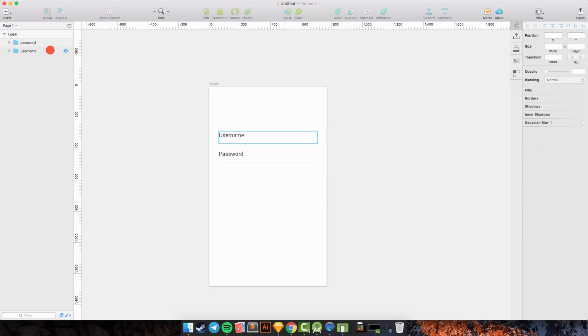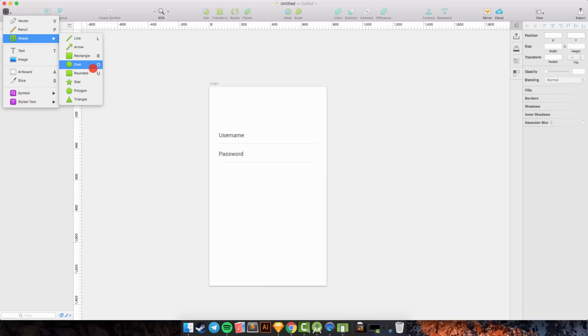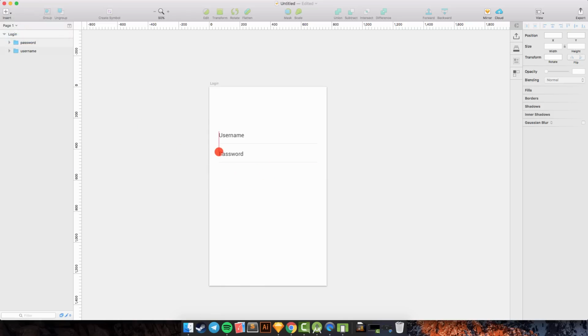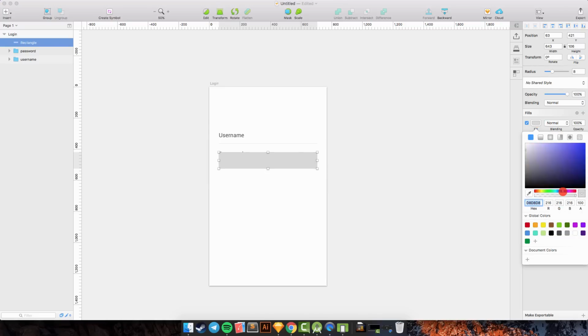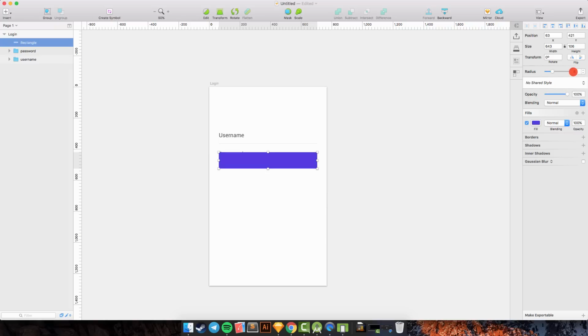And then I want to create the button for login, so we go to insert, shape, and rounded, like this, and remove the border color and change the fill color to blue like this, and the radius should be 30. No, I think it's full. Yes, it's full.